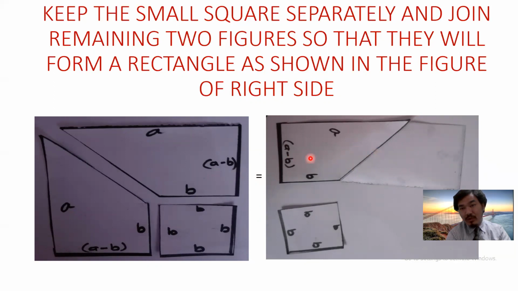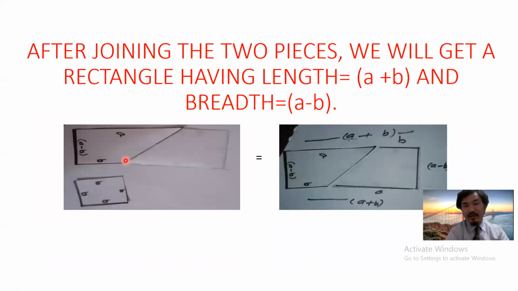And when you join this figure and this figure, you will get one complete rectangle. This and this figure will give us a rectangle, which will be shown in the next slides. This figure and this figure are joined here. When you join them, you will get one complete rectangle. Let's see in another page in the slide. See here, that was joined like this. This and this figure joined, and you got one complete rectangle.